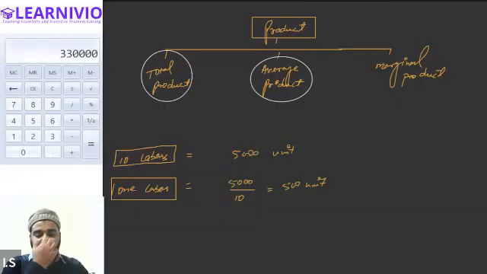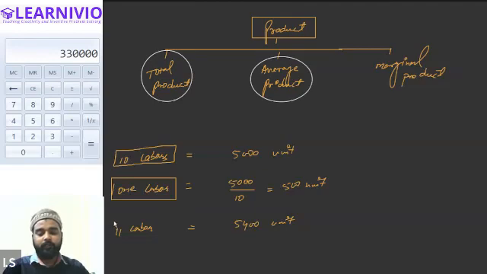Okay, now let's say the number of laborers is increased in the business. From 10, the laborers increase to 11. When labor increased to 11, total quantity also increases from 5,000 to 5,400. So earlier 10 laborers were contributing 5,000 units of output. That was the total output earlier. Now 11 laborers are collectively contributing 5,400 units. So tell me, what is the total product now? Earlier it was 5,000. Now it will be 5,400.